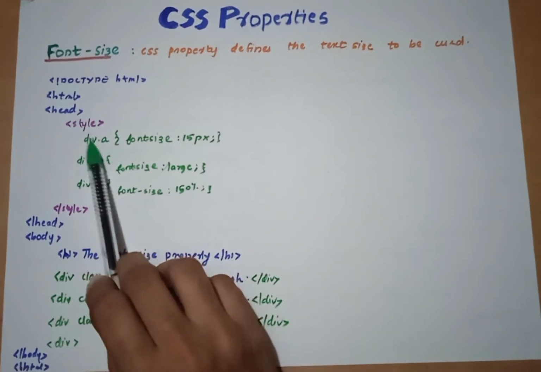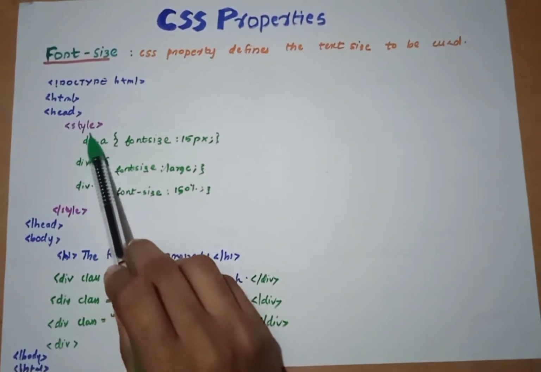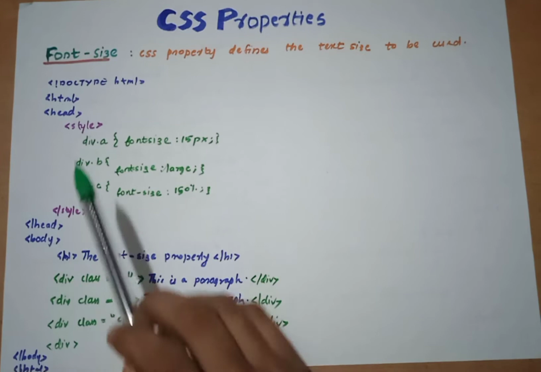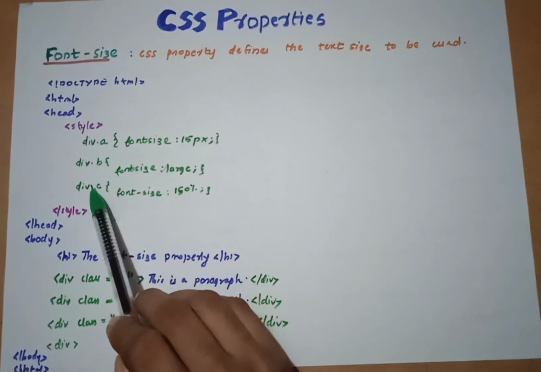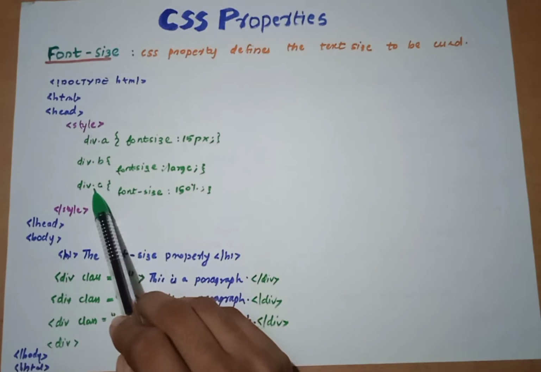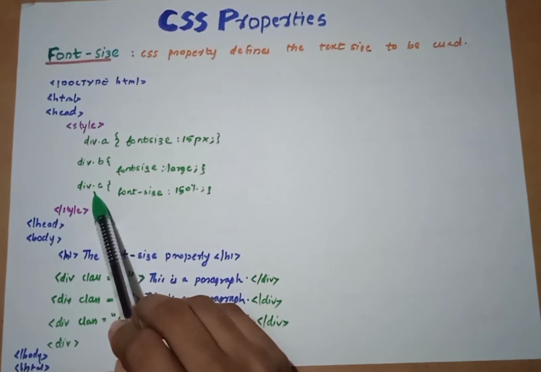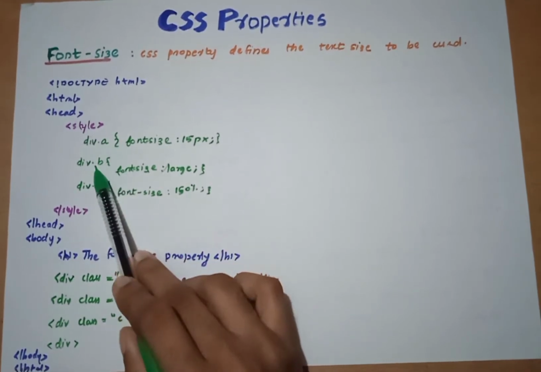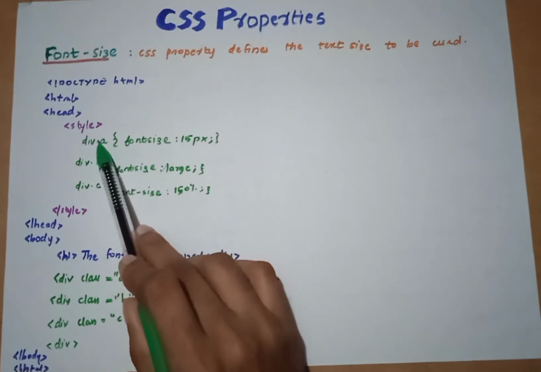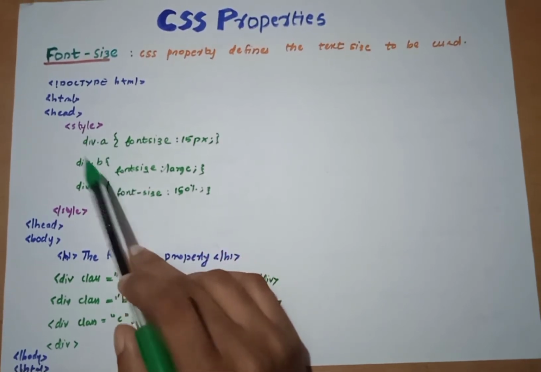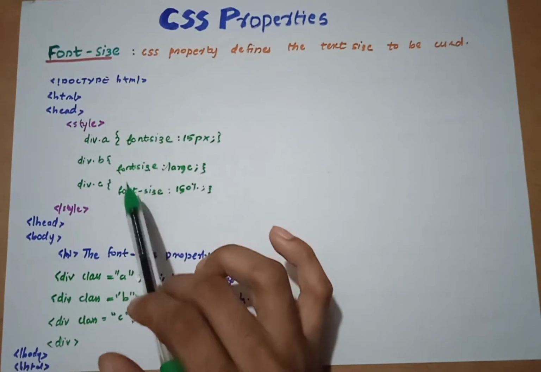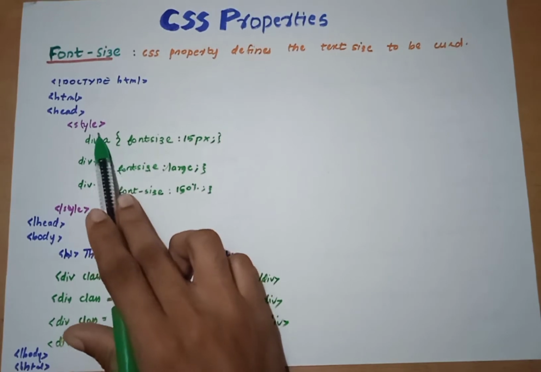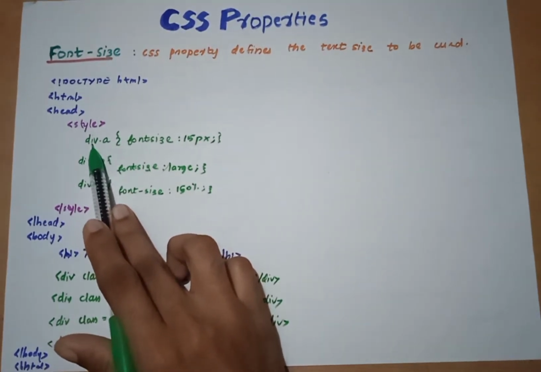So let's get into the style itself. Div.a: div means division, which is an HTML element, and the dot suggests a selector used in CSS. There are many selectors, but here we use the CSS class selector. That means the class name will specify all the properties provided in that class, wherever we choose to apply it.